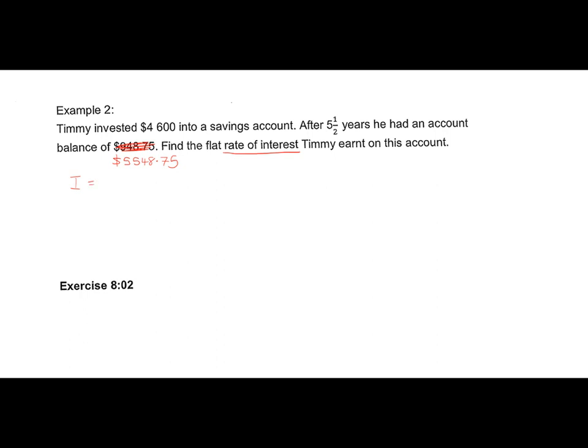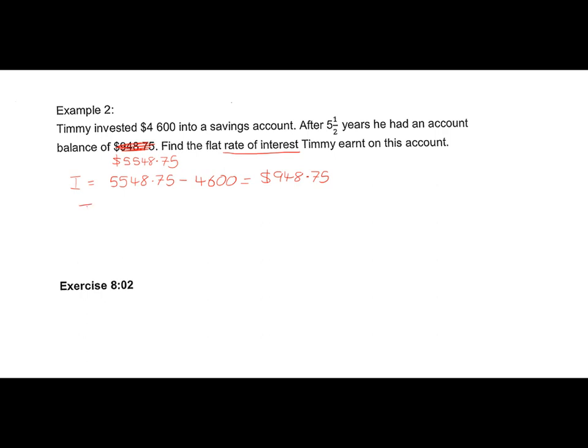And the amount of interest he earned is his final balance, his closing balance, is another way I might say that, minus how much he put in at the start. He didn't add any money to it or anything like that. He just put $4,600 and left it there. So the extra money that's coming on top, that is the interest. That's the definition. It's how much money you earn in your account. As I said earlier, the $948.75 figure, that was the amount of interest. It was put in the wrong place. So we know the amount of interest is